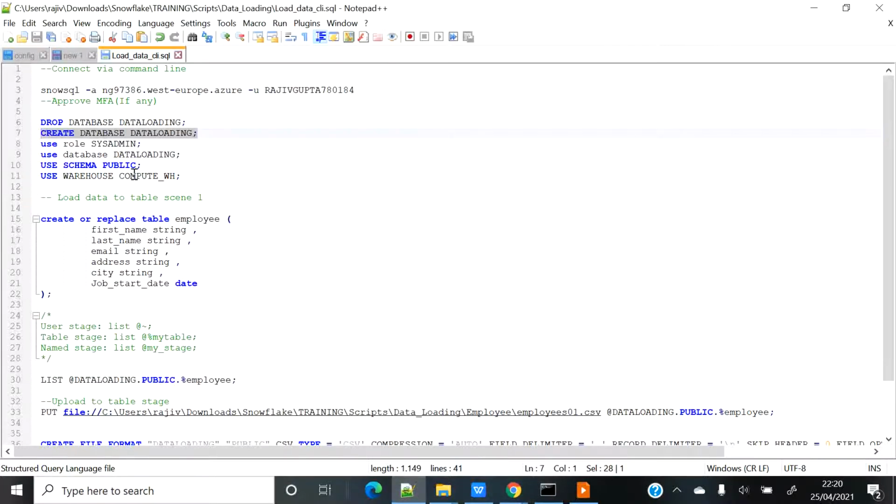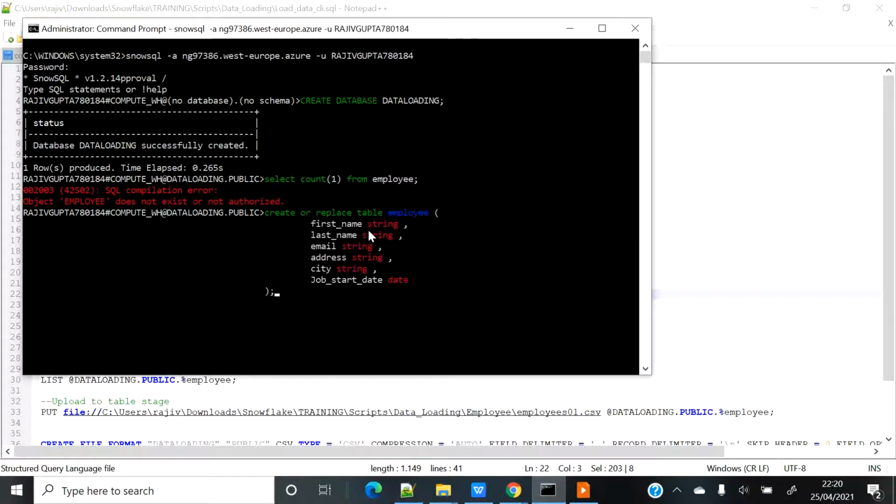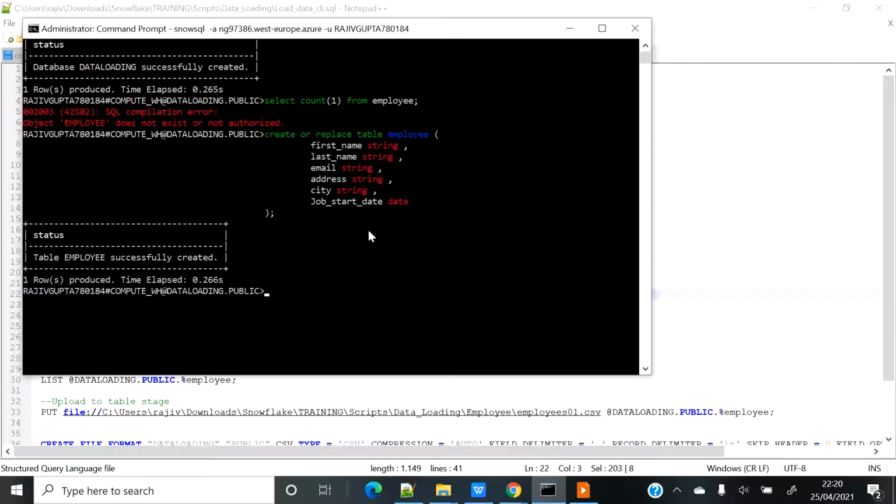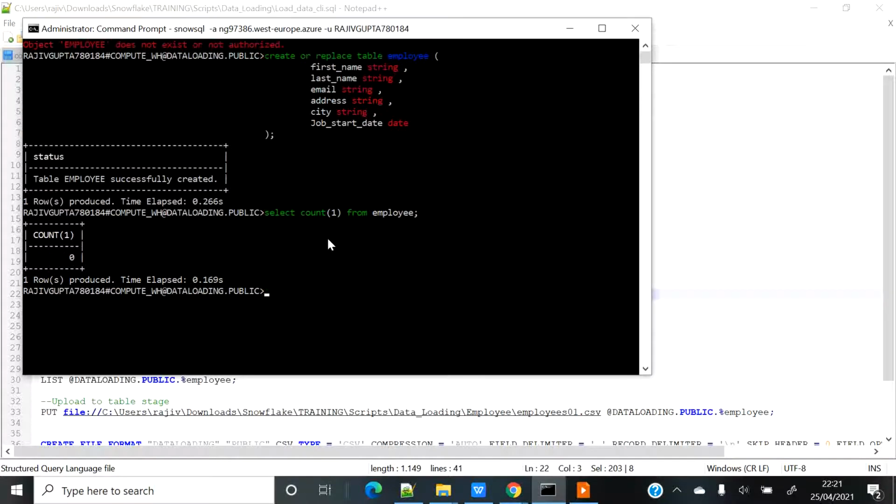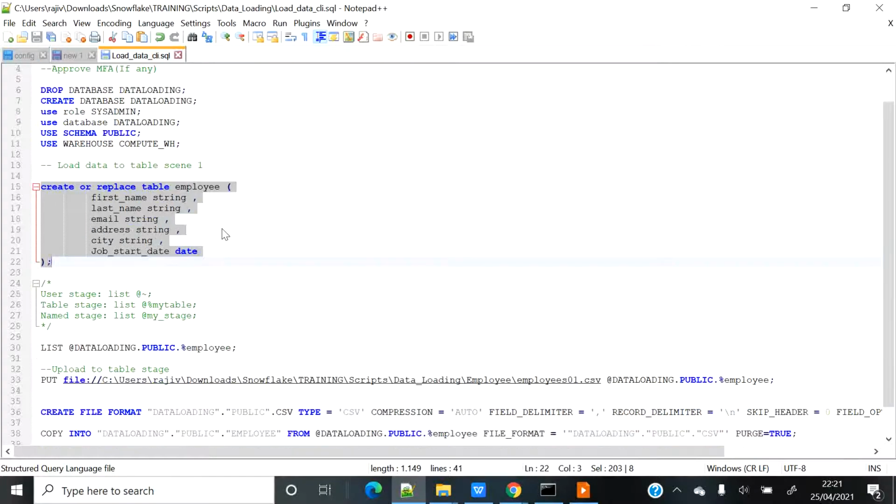So I will just grab the code and create the table. Now if I do select count 1 from employee, I will get 0 rows, because now I have a table but I don't have any data in it. That's fine. So what is the next step?